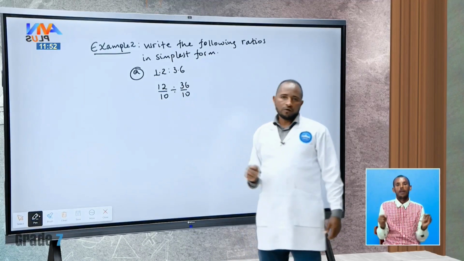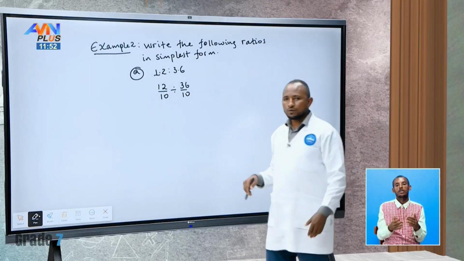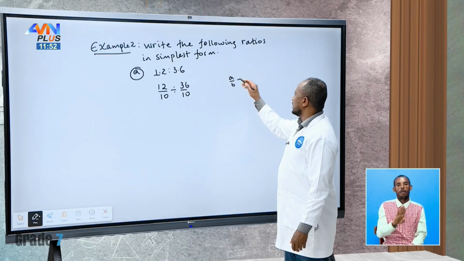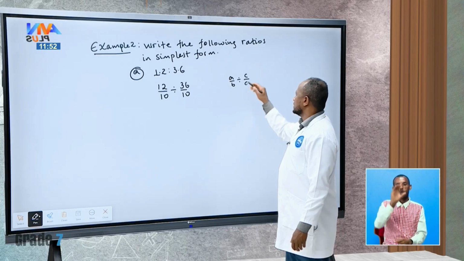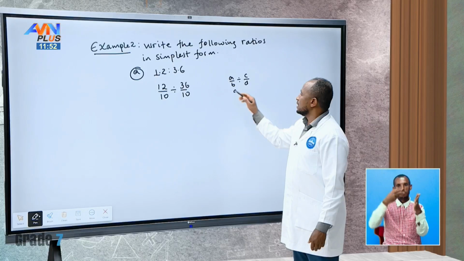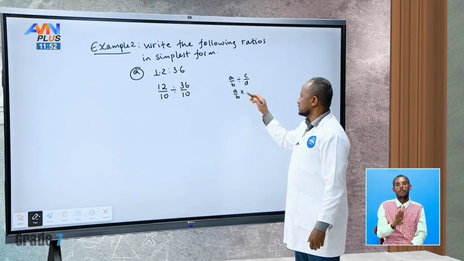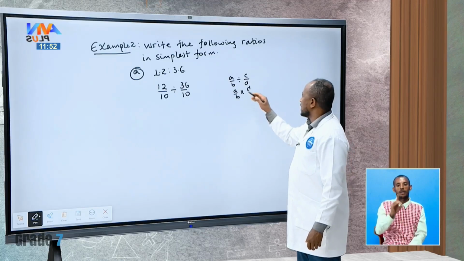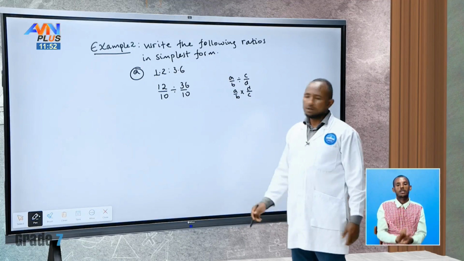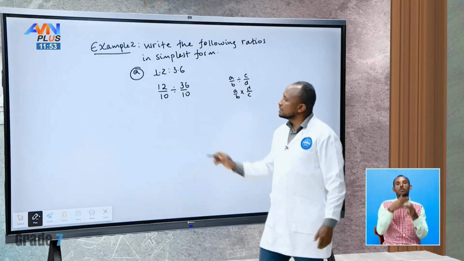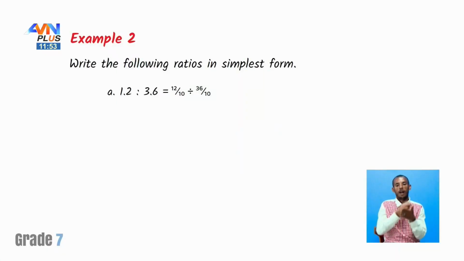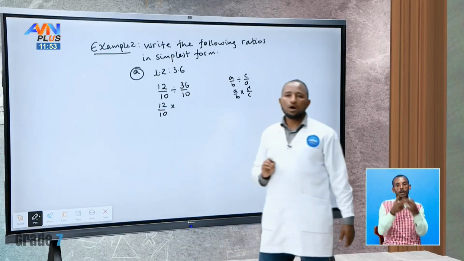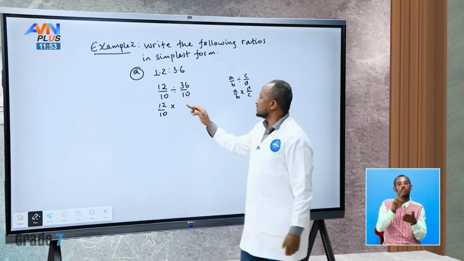When you divide two fractions, as you have learned in your lower grade lesson, A/B divided by C/D means it is A/B times the reciprocal of the divisor, C/D. It becomes D/C, and then you multiply. Therefore, to divide this, what you do is write this as it is, change the division to multiplication, and take the reciprocal of this one. So 36/10 becomes